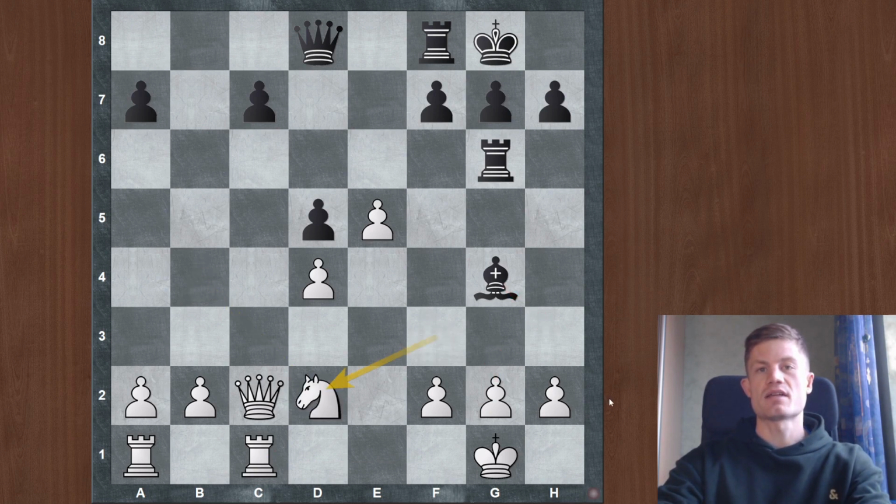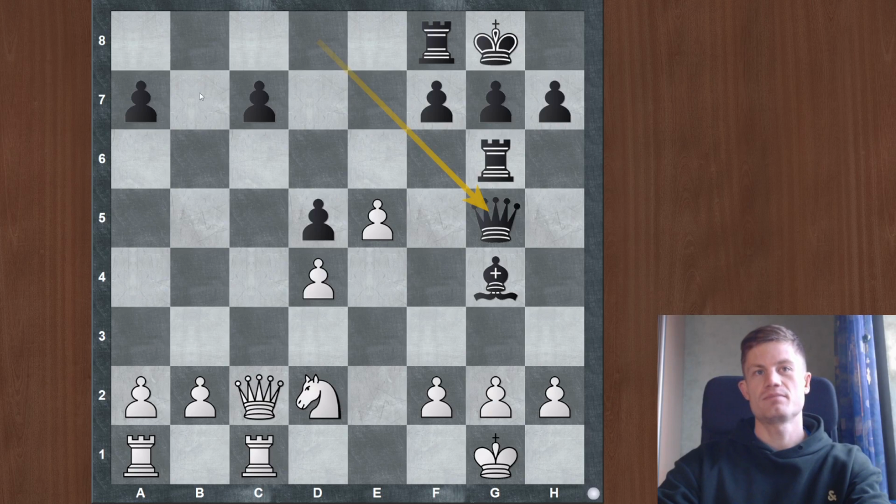He decided to take and play queen g5. Again, he doesn't care, but of course I cannot take yet because my knight would drop. Okay, black also has a threat, bishop f5, threatening my queen and threatening checkmate. So I need to do something about it and I decided to go g3 because I need to go g3